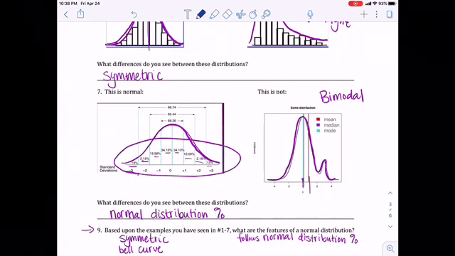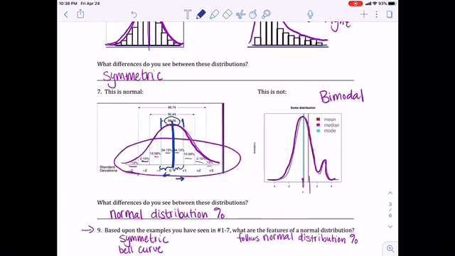So, here's our example right here, and smack dab in the middle, remember, is where we have the mean. Now, each of these little lines represents 1 standard deviation. So I can go 1 standard deviation up, or I can go 1 standard deviation down. And it tells me that within this 1 standard deviation up and 1 standard deviation down, we have